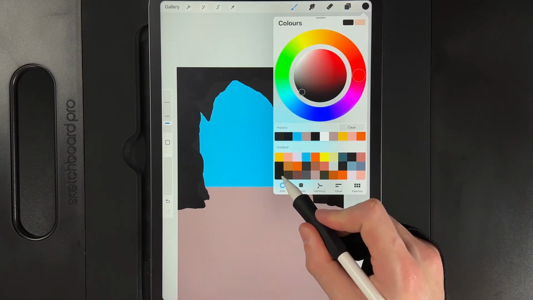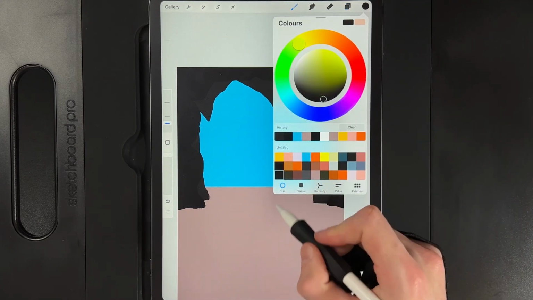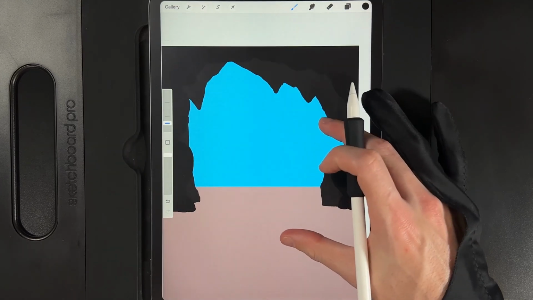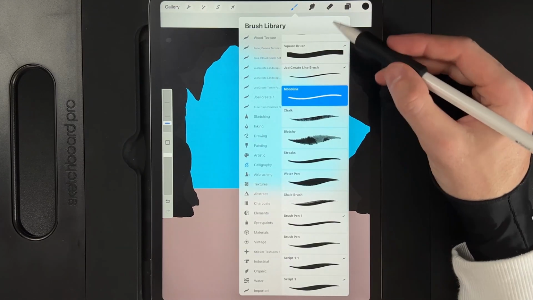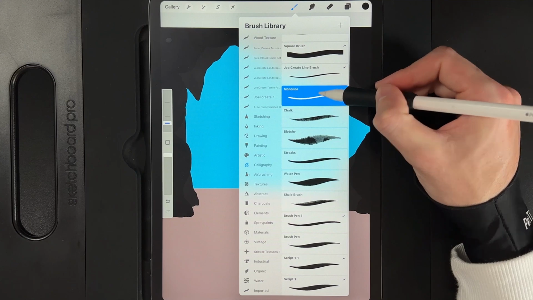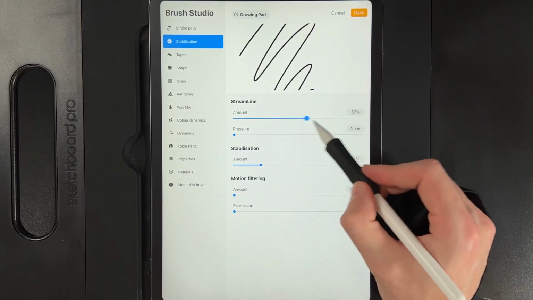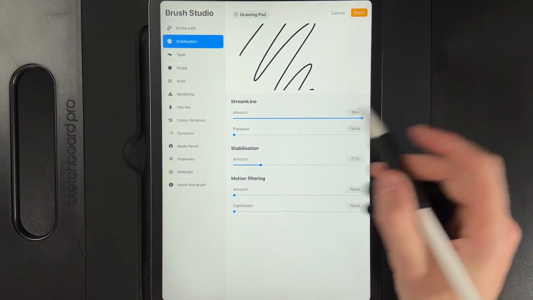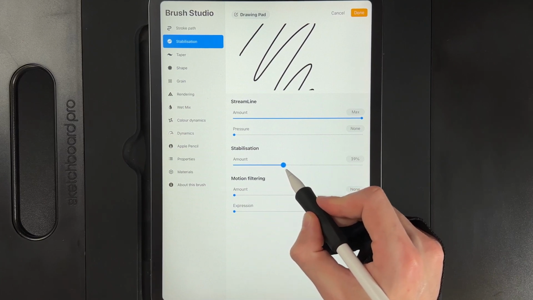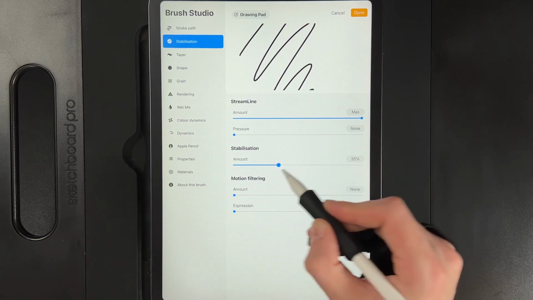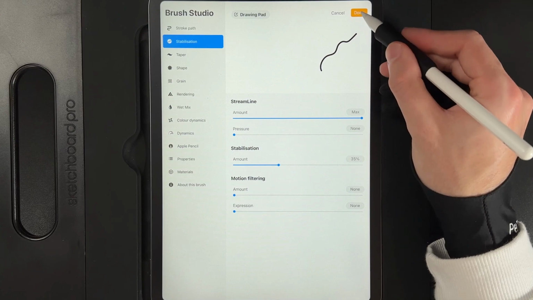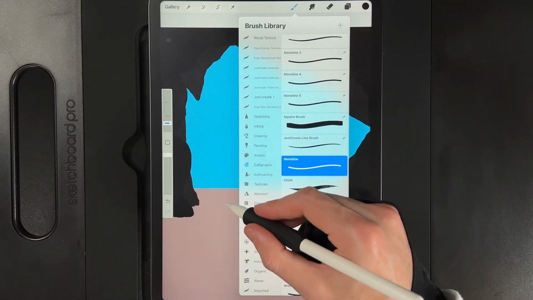We're going to grab this color here in the bottom left of the palette, and we're going to draw in our next rocky shape. Now I'm going to go back up to my brush library. I'm going to go to my monoline brush again, and I'm going to change my settings back up. So I always have streamline turned up quite a bit. I'm going to make my stabilization around about 35%. This will just allow me to create a bit more of a smoother shape,